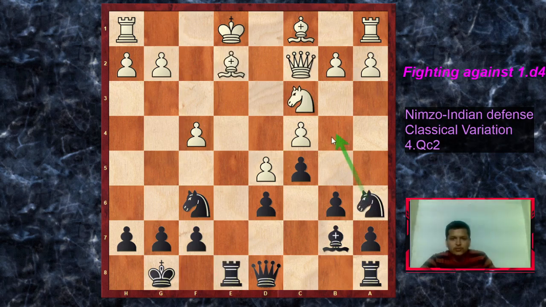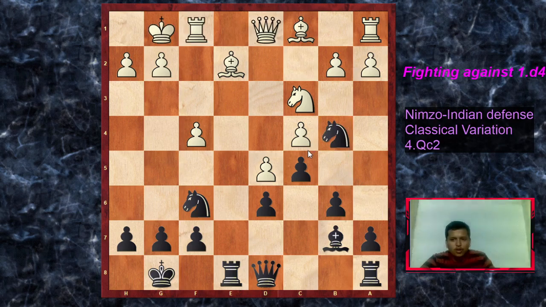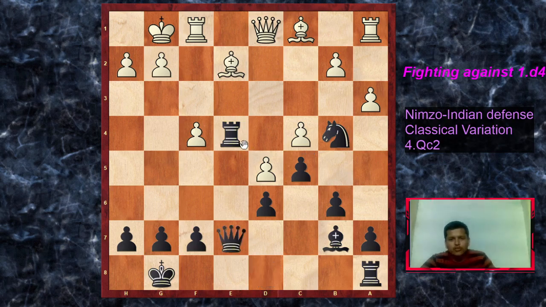And this knight, as we know, jumps to b4. So castle, knight b4 was played, and after queen d1, knight e4. So he's just going for exchanges along the e file. You can see he has control of the e file. He just doubles his pieces on the e file. Now, of course, ab4 would be met with rook e2. That's his point. So bishop to g4 was played, rook to d4,